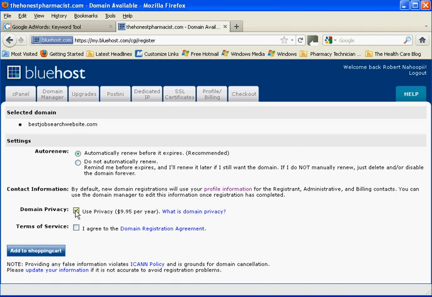They're going to come see my name there and my contact information. If they want to email me and say, hey, do you want to sell it, or what's up with this, I don't mind. I kind of put all my information out on the website anyway, so I don't pay the extra $10 for privacy. If you do check that and you're interested in privacy, what happens is when someone looks